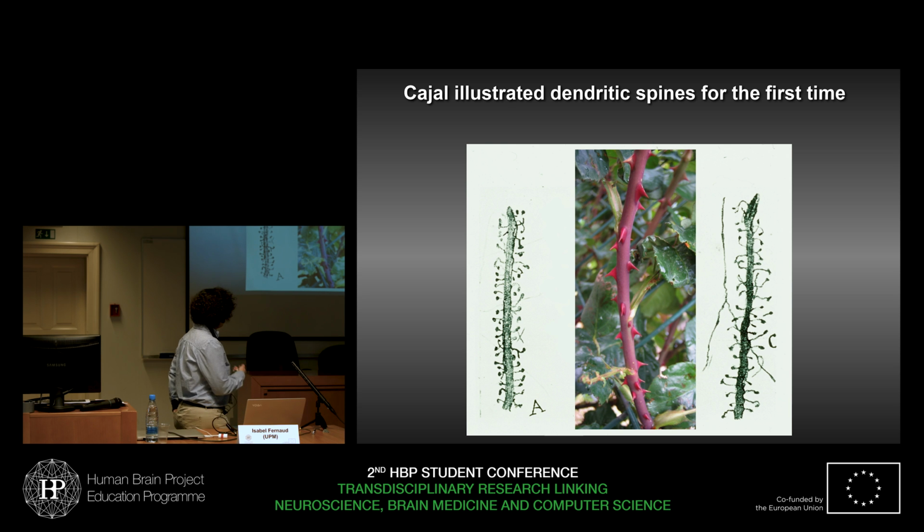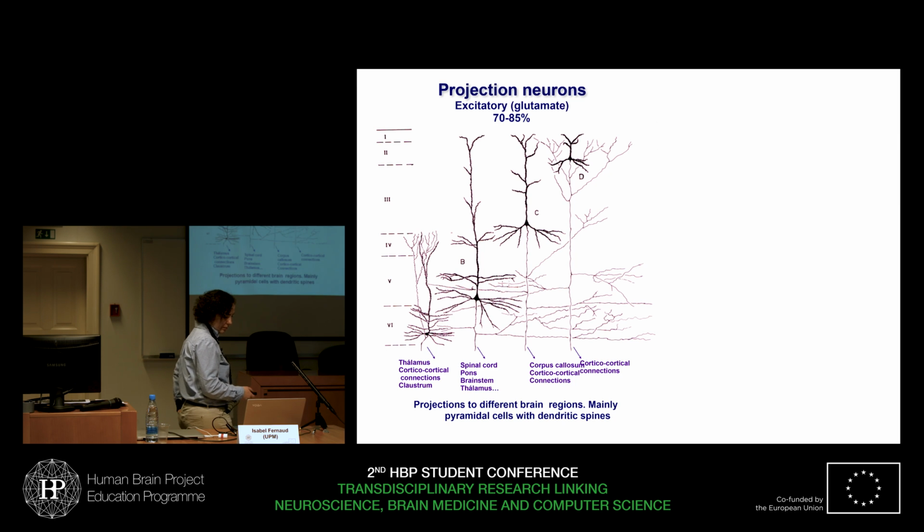So dendritic spines were described for the first time by Cajal, and they were somewhat forgotten until the 60s and 70s of the past century, when they were rediscovered. About the classification, as I said,